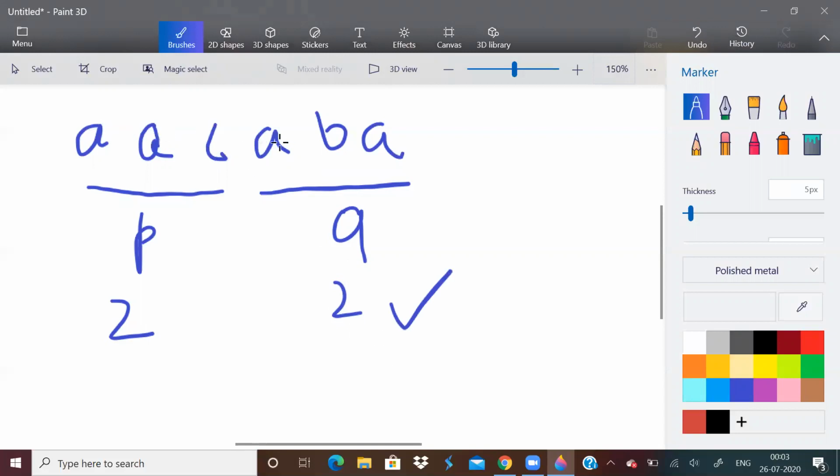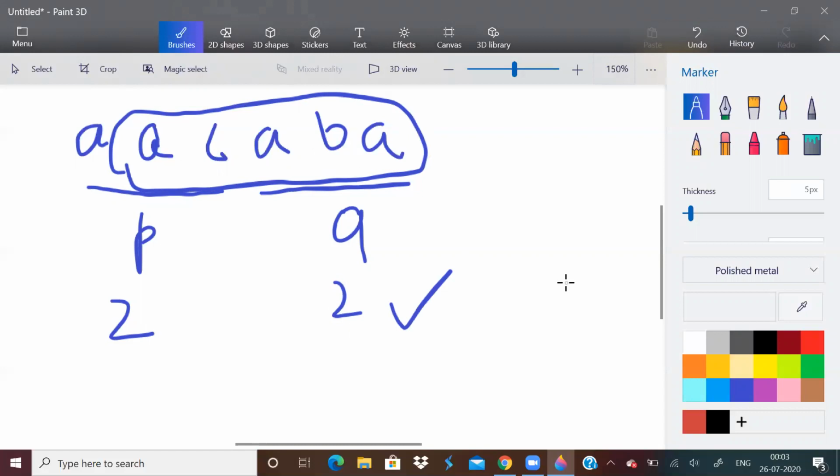So every time, what are we doing actually? First, we started from here. That is, we took this as one whole string first. And then we included this in P. Then we took this as one whole string.